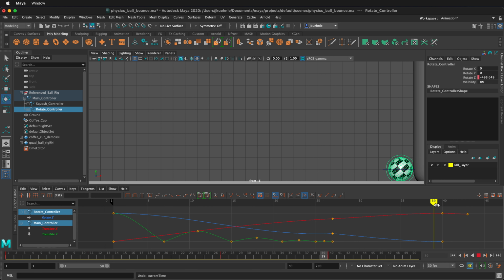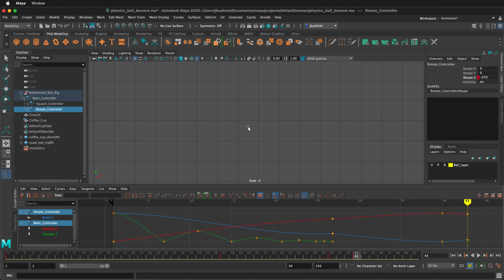The last thing we need to do is make sure the ball changes its rotation direction after it bounces off the coffee cup. So it hits the coffee cup, and then it goes to here, and it's probably only traveling -470. We can right-click, key selected. Let's see how that looks. So we roll, hit the coffee cup, and then it rolls back the other way. Excellent. So now we can zoom out